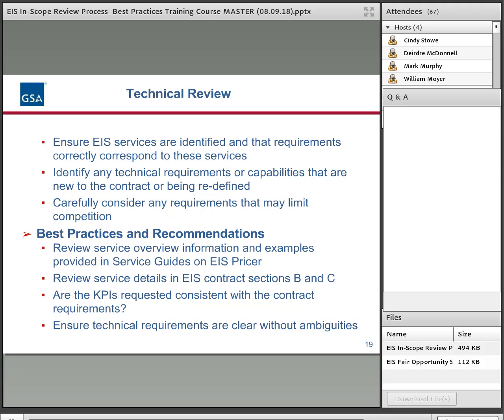So those are things that we will point out. Also, the more clarity you provide, the better responses you're going to get back from the vendors. It's going to save you time in the end.